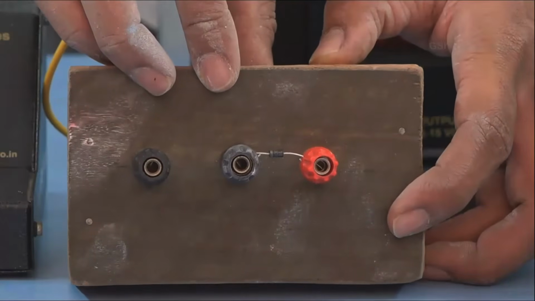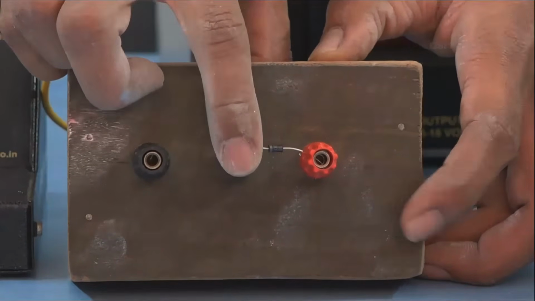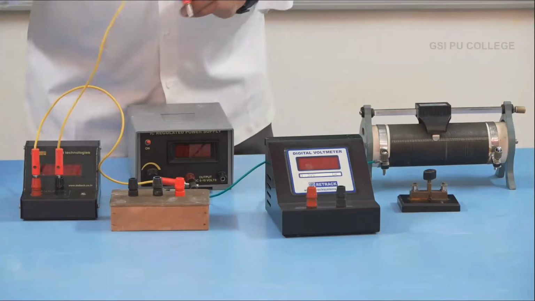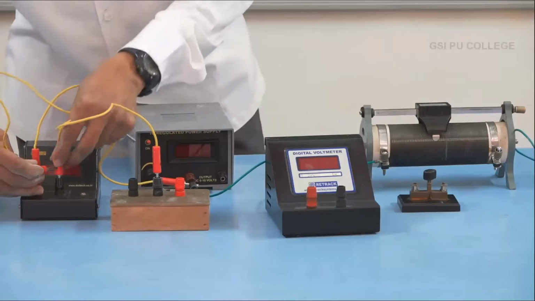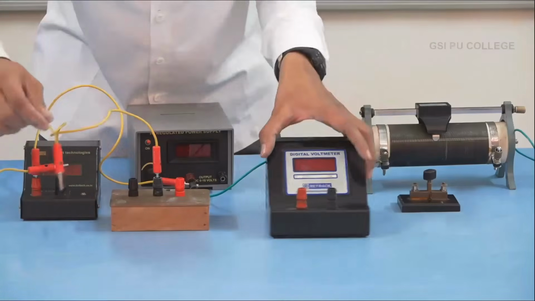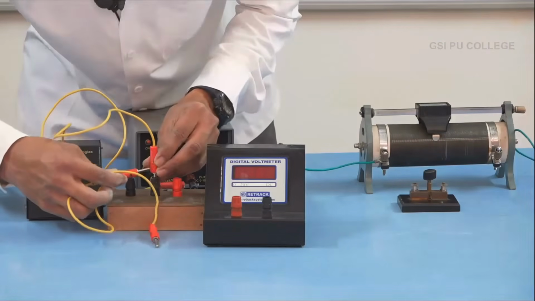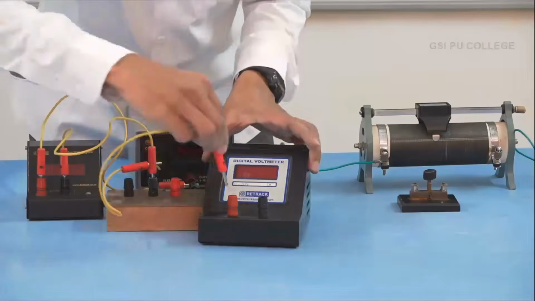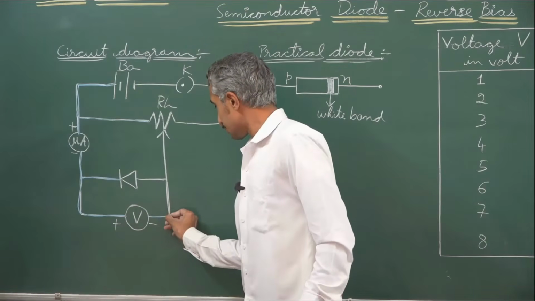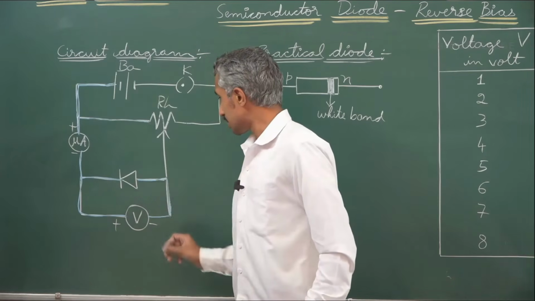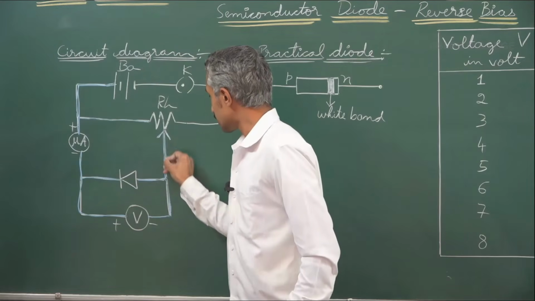So the white band side is the N type and the other terminal is now connected to the P type. Today, from negative of the ammeter, we will be connecting to the N type of the diode. From negative of the ammeter to N type of the diode, also from the same terminal to positive of the voltmeter. I can connect also from here. Let me connect it from here. Next, now from negative of voltmeter to P type of the diode and also to the variable contact of the rheostat.